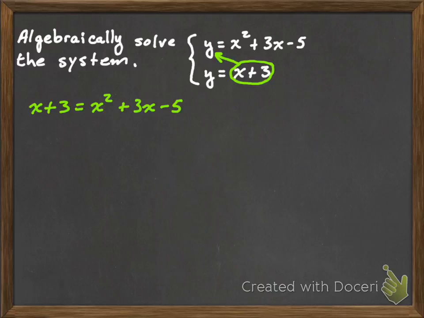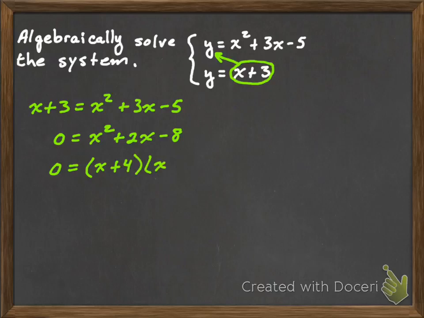So the next step is to set this equal to 0. So we're going to subtract x over to the right side, which will give you plus 2x. We're going to subtract 3 over to the right side, which will give you minus 8. Now we need to factor this. The factoring goes down to x plus 4 times x minus 2,